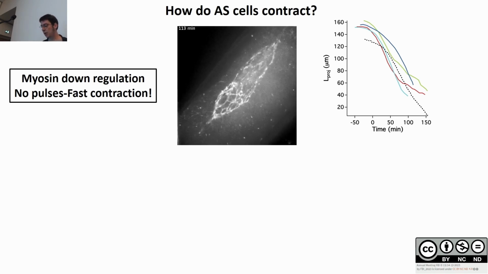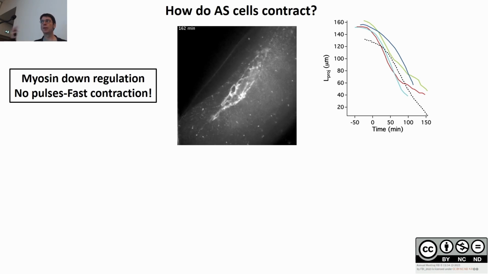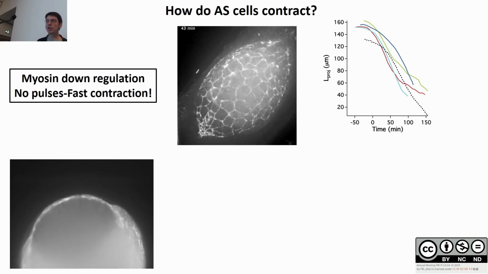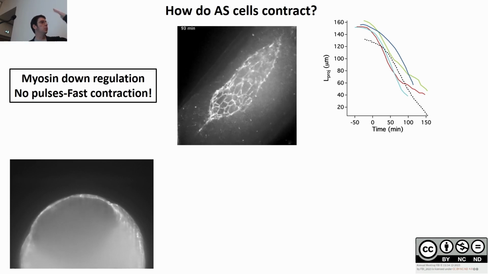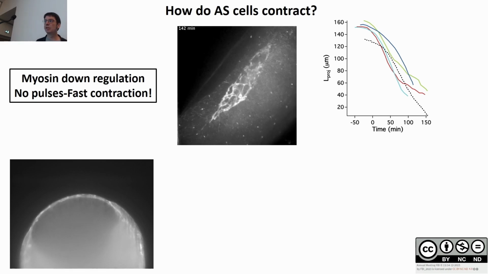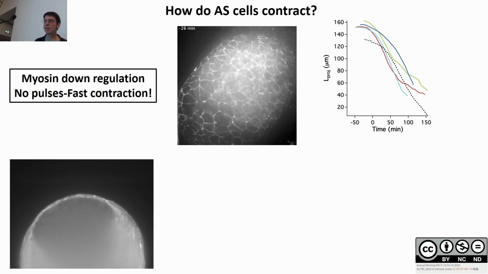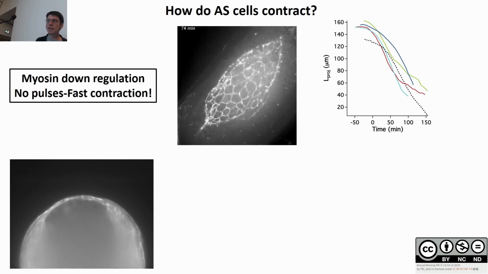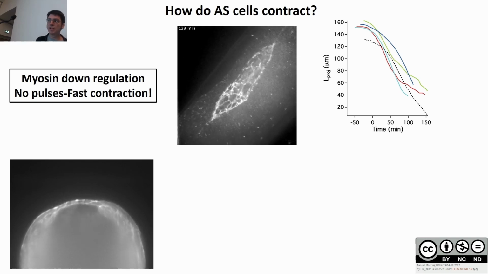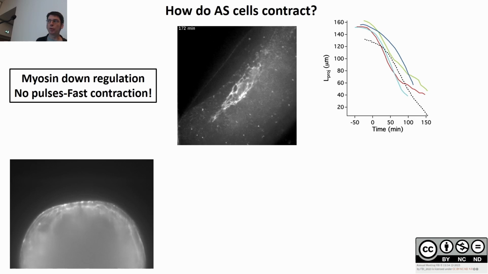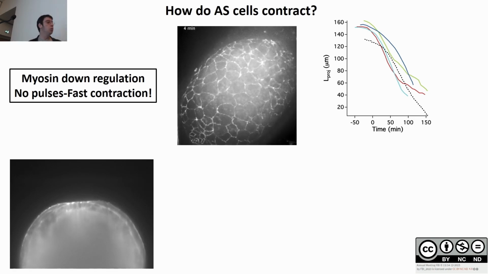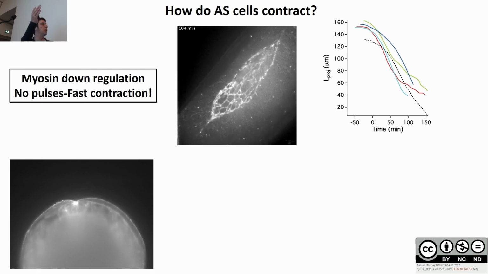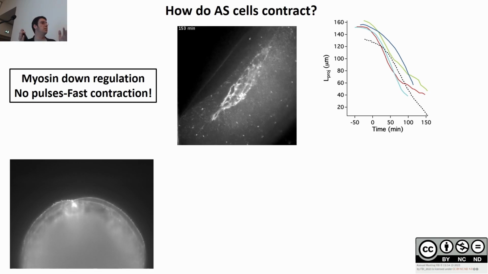In order to understand that, we had to combine different types of imaging. So this is confocal microscopy, and then we used light sheet microscopy to get a transverse view of the embryo. And this is the amnioserosa tissue that you see now, which is very thin, and it remains thin until the end. It will elongate apicobasally only towards the end of the process. Okay. So this suggests something: if it contracts in one direction and does not elongate in the other, it tells you that some volume has to disappear.